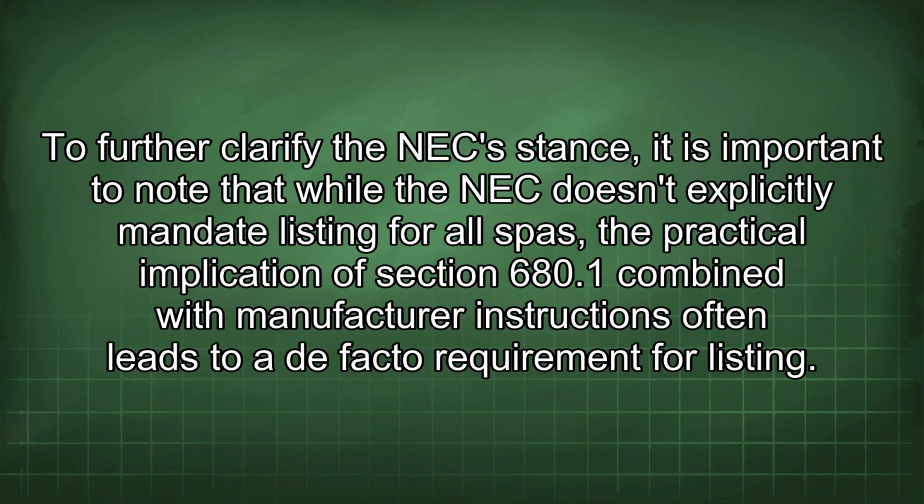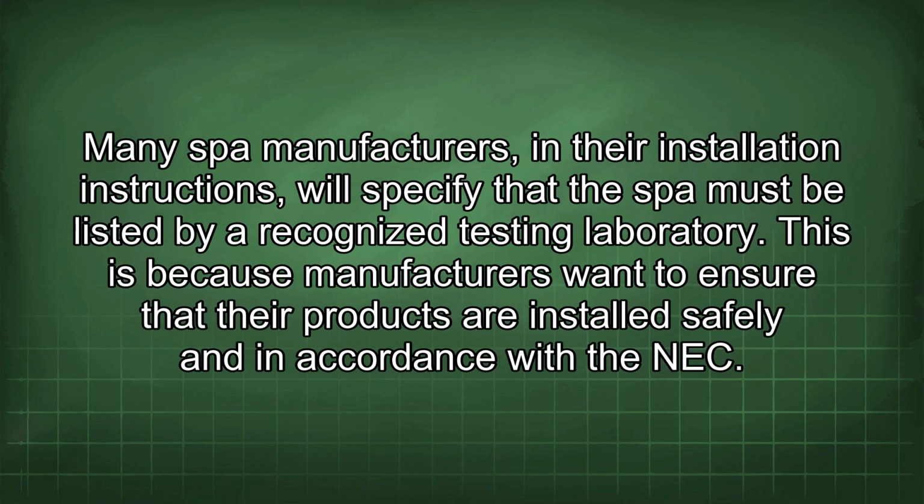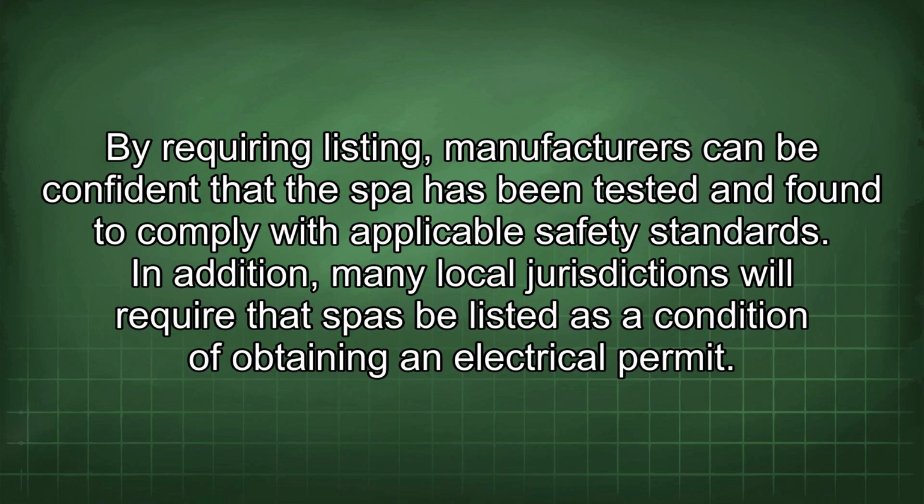To further clarify the NEC stance, it is important to note that while the NEC doesn't explicitly mandate listing for all spas, the practical implication of Section 680.1 combined with manufacturer instructions often leads to a de facto requirement for listing. Many spa manufacturers, in their installation instructions, will specify that the spa must be listed by a recognized testing laboratory. This is because manufacturers want to ensure that their products are installed safely and in accordance with the NEC. By requiring listing, manufacturers can be confident that the spa has been tested and found to comply with applicable safety